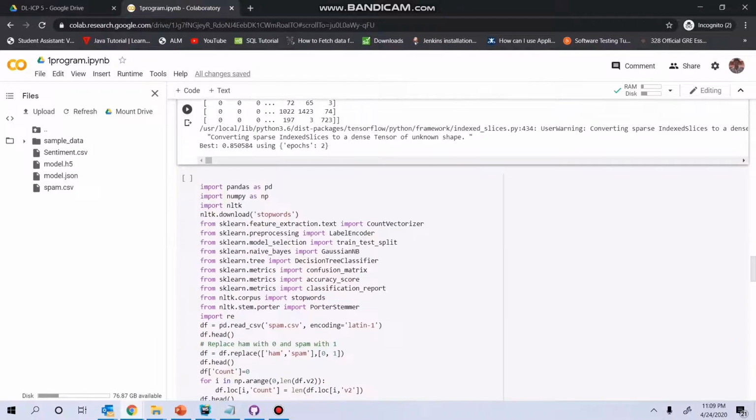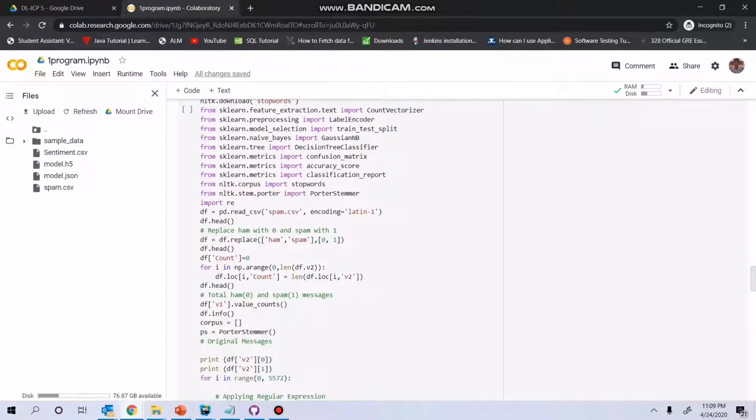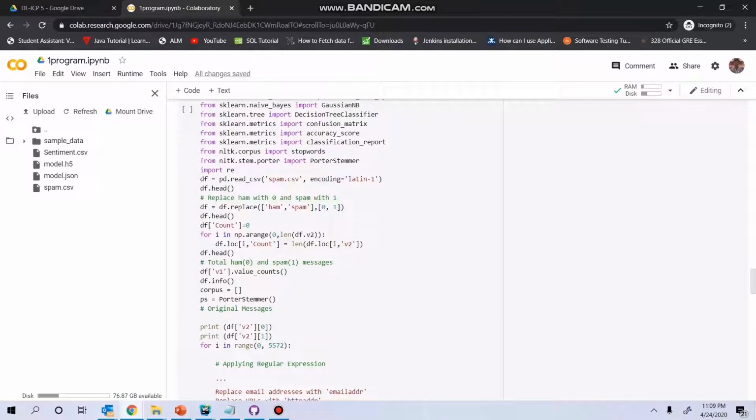Coming to the third program, we are going to import all the functions at the starting of the program, and then we will read the spam.csv. Since it has ham as the first column and spam as the second column, we are going to replace them with zeros and ones. It has the total hams as zeros, and total spam messages as 1,